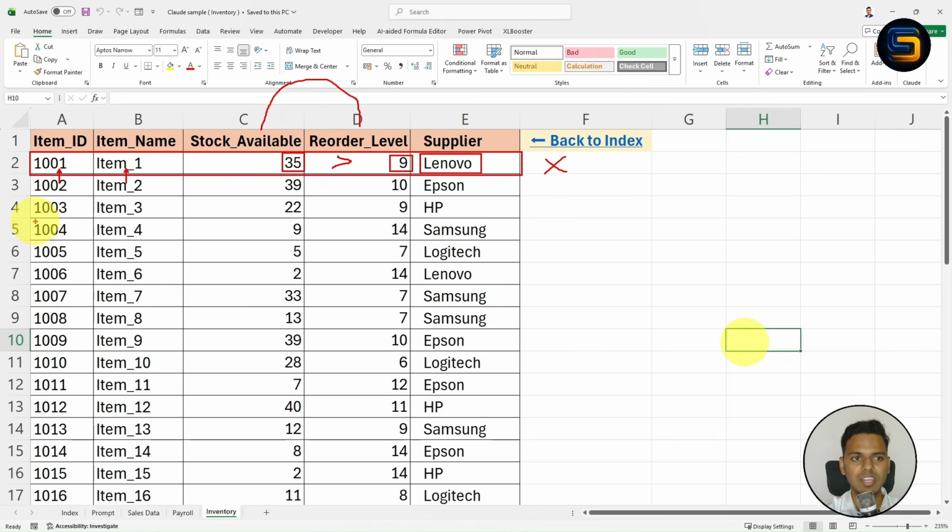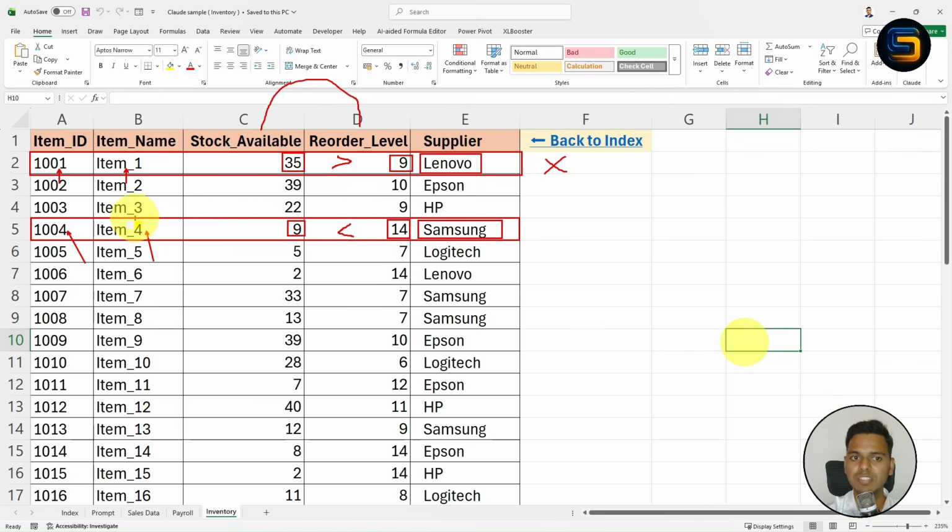In the same way, let's focus on the fourth record. If you notice carefully, the item ID is 1004, item name item 4, the stock available is 9 and the reorder level is 14 and the supplier is Samsung. Focusing on the stock available and reorder level values, the stock available is less than reorder level, which means the item 4 stock is very low.